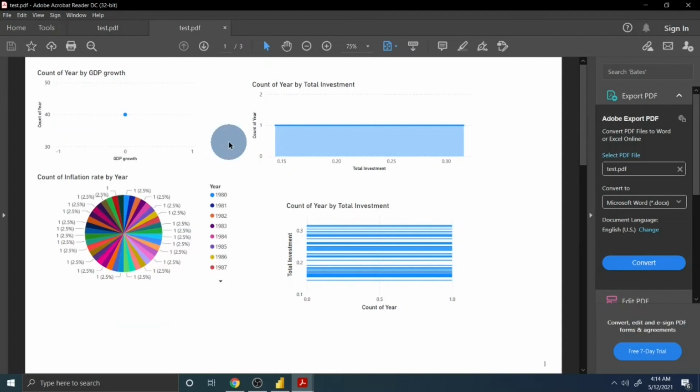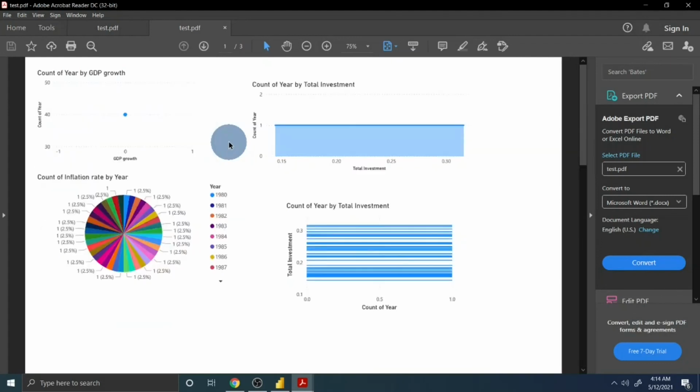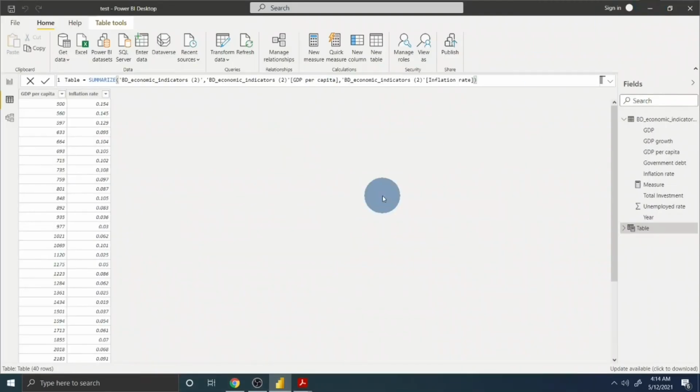Just like this one, you have your own query information, whatever you have done so far, all in the PDF. So you just print it out and then you can share it with your friends and with your employees. They will be happy because you know how to use Power BI, and I strongly recommend you use Power BI in your visualization cases. This will help you to understand the data inside and use that information to solve any business problem.